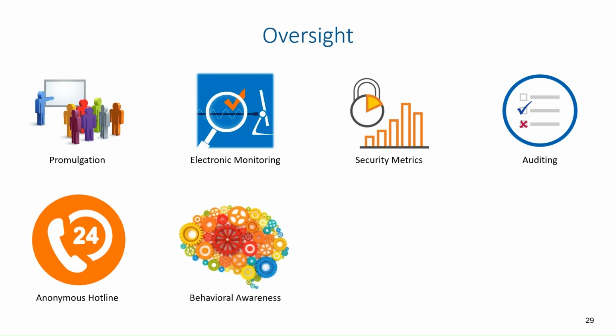The next thing you're going to want to pay attention to is behavioral awareness. Misbehavior often occurs before serious security breaches. Some employees might exhibit problematic behavior. This may be due to familial problems, financial problems, or being disgruntled against your organization. Regardless of what the motivation is, we need to make sure that we are able to address this before it becomes a serious problem. The next thing of oversight is fraud.